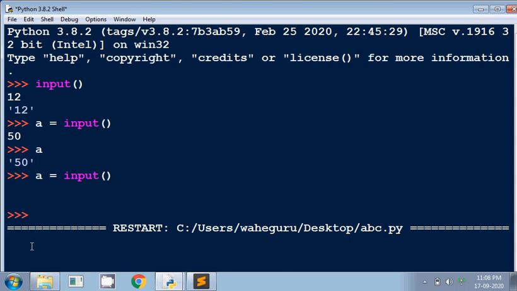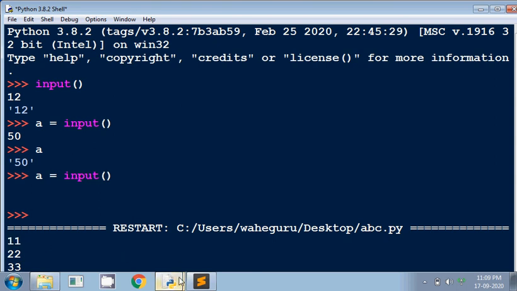So it is waiting for the user to give the input. Let's give the input as 11, then 22, then 33. Here we are not in a position to guess that it is asking for the value of a.